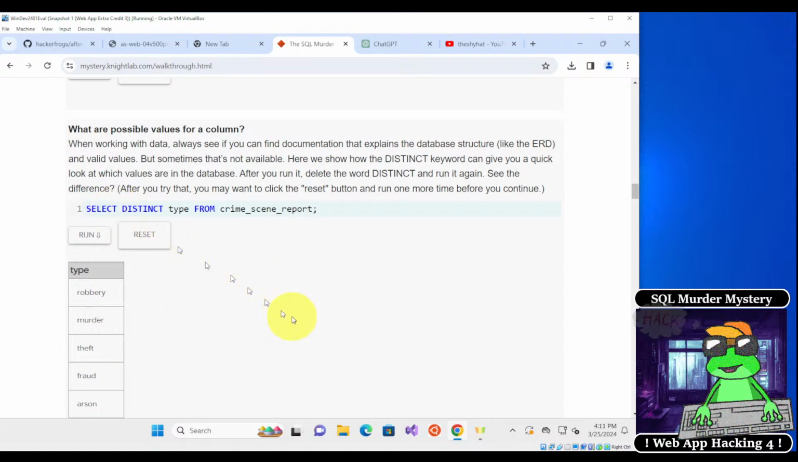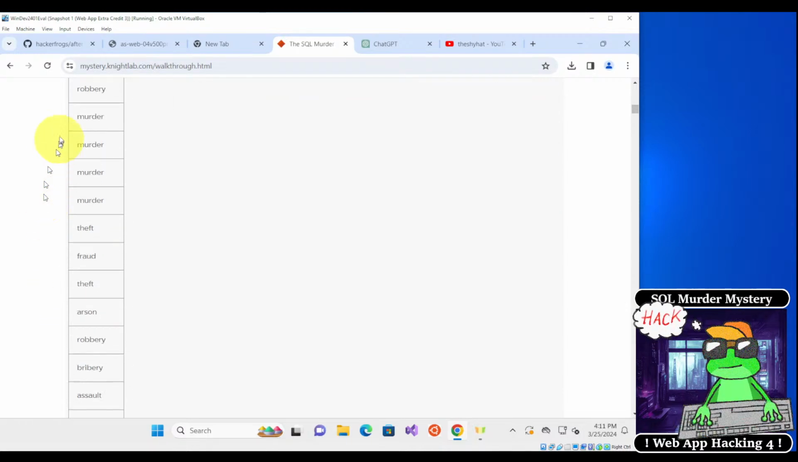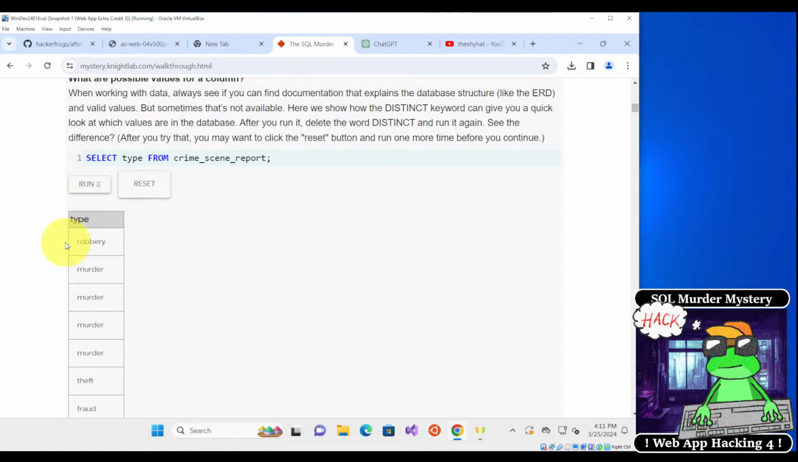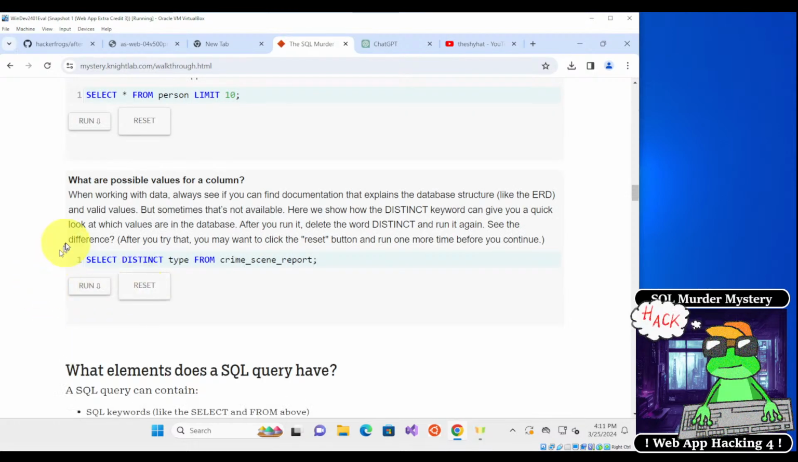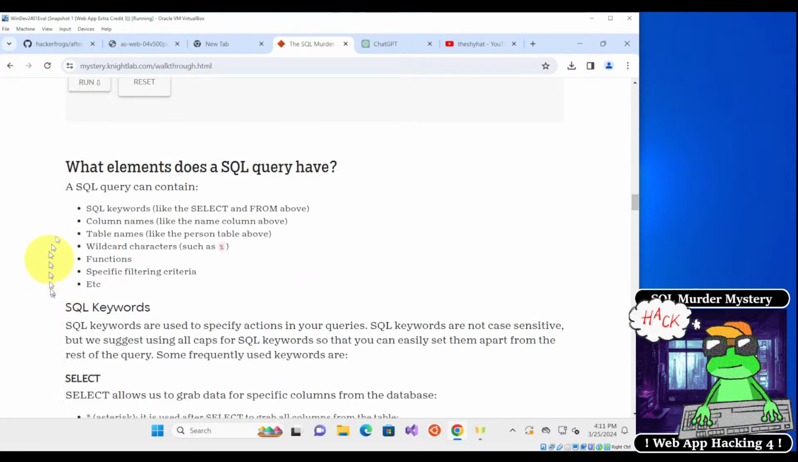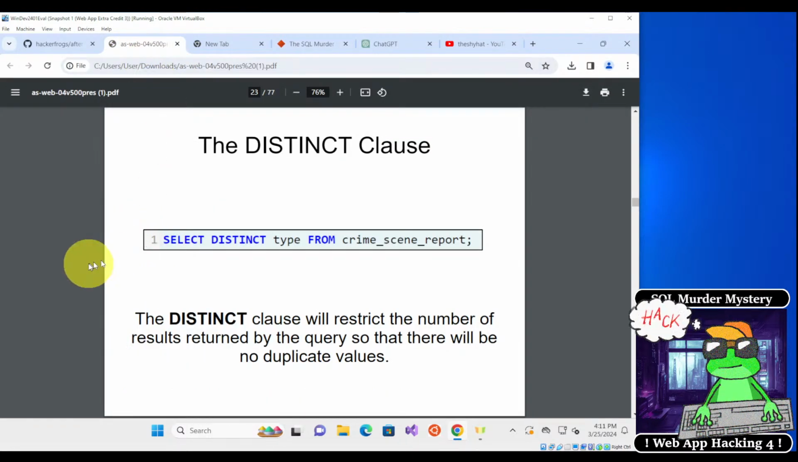But if we don't specify distinct and just select type from crime scene report, we're going to see the type of crime associated with everything in the crime scene report, but there are going to be a lot of duplicate entries. So if we run this, we see basically just the type for all the entries in the rows, but there are a lot of different duplicate entries right there. So we'll reset this, and then in the next section we learn about